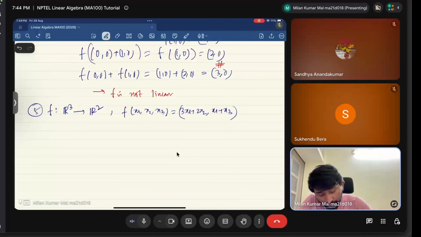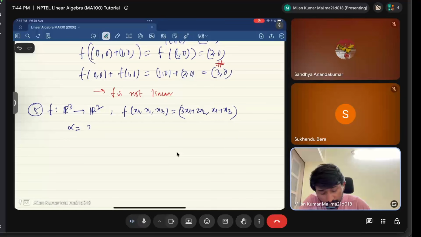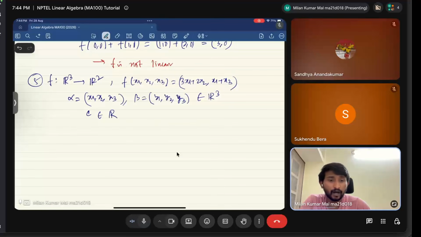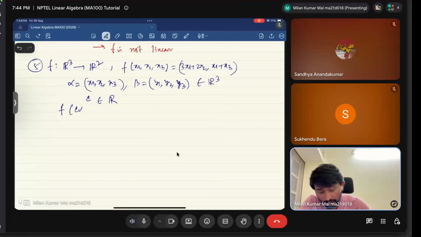So let's take two vectors, alpha which is equal to (x1, x2, x3), and another vector beta which is equal to (y1, y2, y3), and they are coming from the vector space R3. Let's take c, an element coming from R, that is a scalar. In that situation, I have to prove that f of c alpha plus beta is equal to c times f of alpha plus f of beta. So this can be written as (cx1 + y1, cx2 + y2, cx3 + y3)